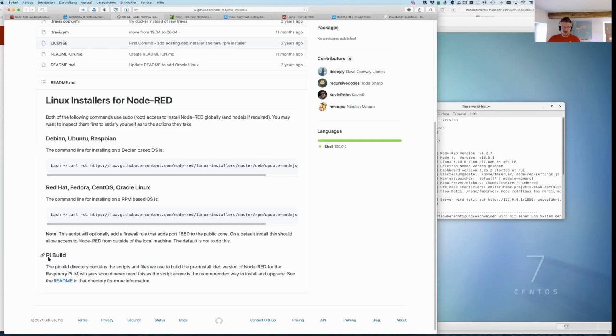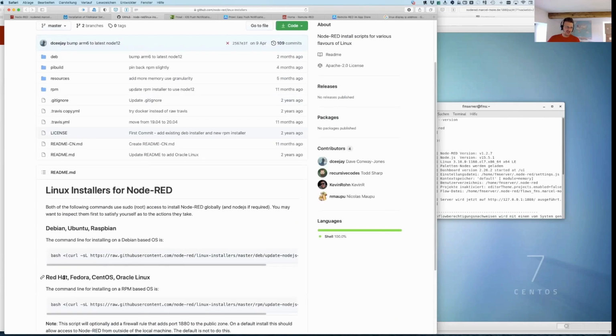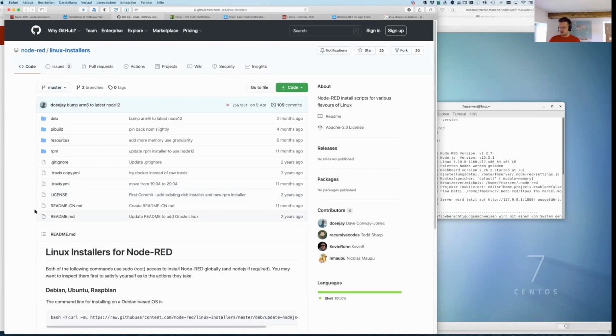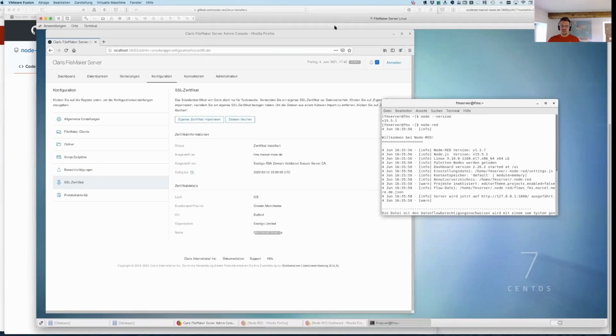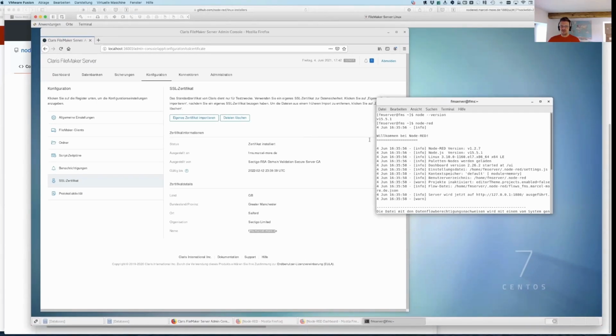And this is the easy way, and there are some tutorials on the web as well. You can find them; just Google the name of your OS and your machine, and you will get some tutorials or some hints in the Node-RED forum. And it's really easy to make this happen for yourself. So this is what I did to bring these two pieces together,